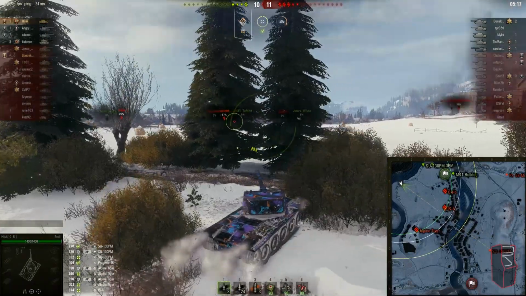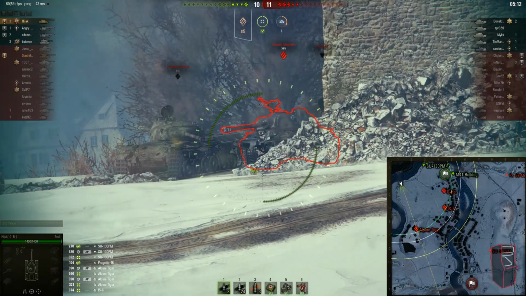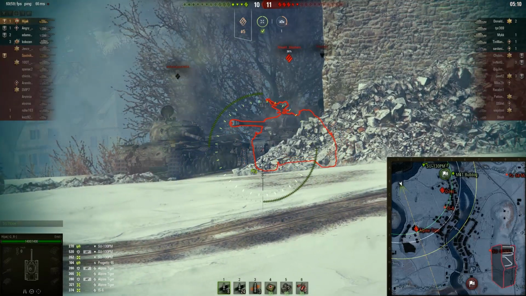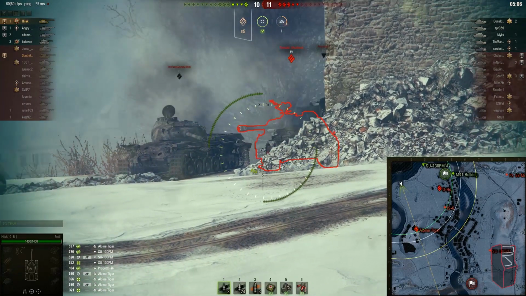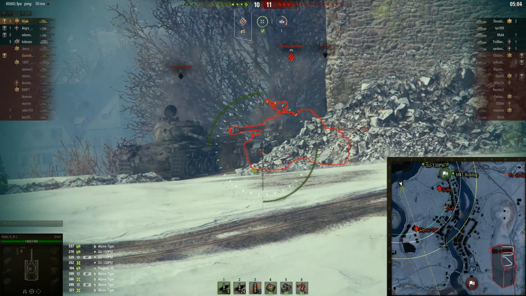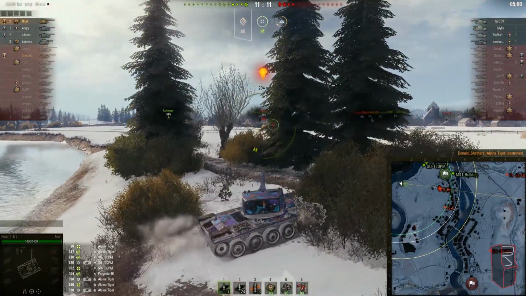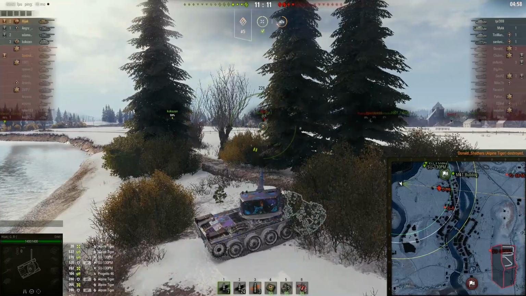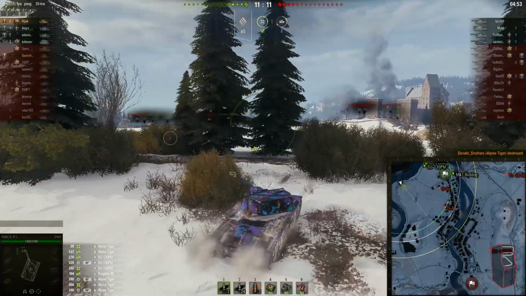So I'm still looking for the outline of the IS-6 and the Oho. And there is the Alpine Tiger. I'm going to try and get a shot on him in a minute here. Can I get a cupola? No, I can get his track, but I don't really want to waste a shot on a track. Oh, I get a shot on his lower plate, and it goes through. Woohoo! Okay, I saw an outline too on the Oho there, but I got spotted, so I'm just going to